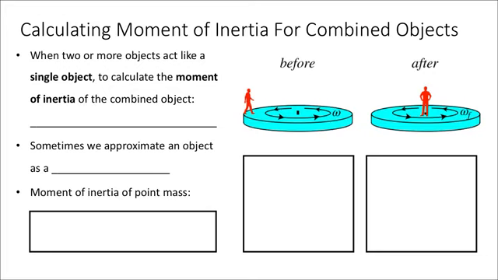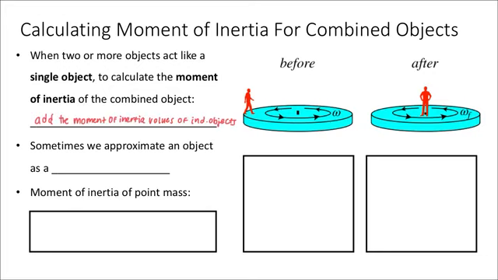But before we do, I want to make a note about how we calculate the moment of inertia for objects that act like a single object. For example, like two objects after a collision, or one object stacked on top of another one. So to calculate the moment of inertia for a combined object, or an object made up of multiple smaller objects that are all acting like one object, all we have to do is add the moment of inertias of the